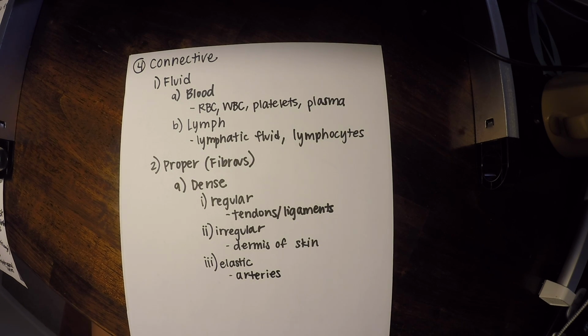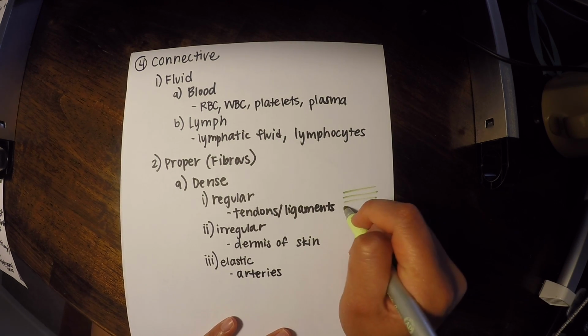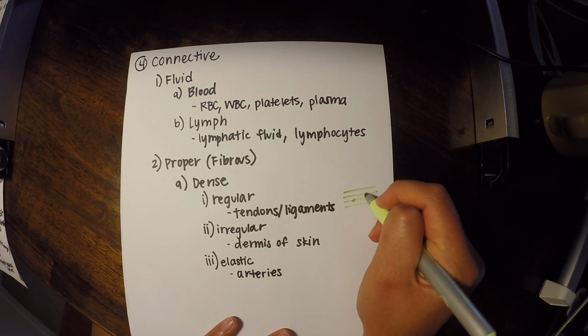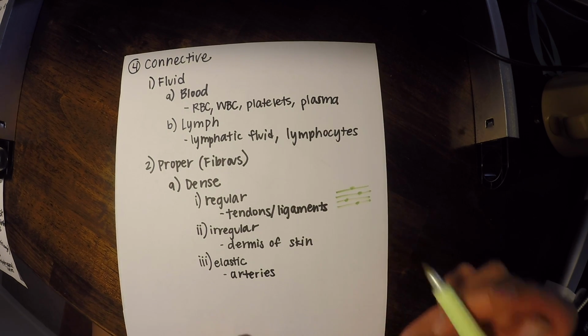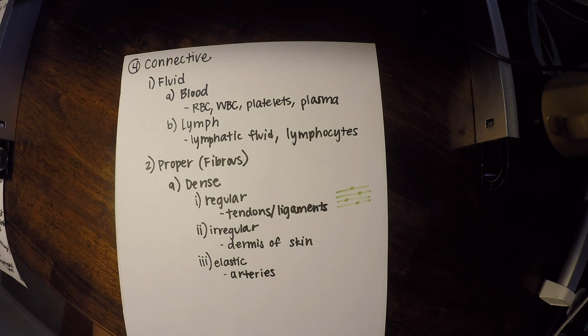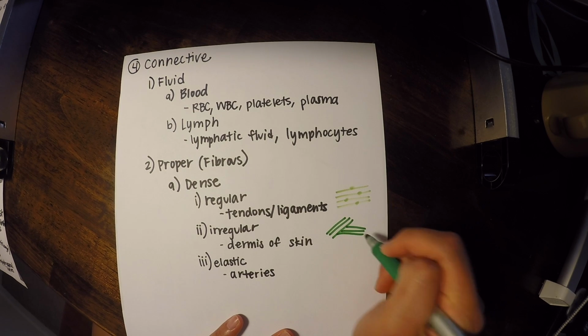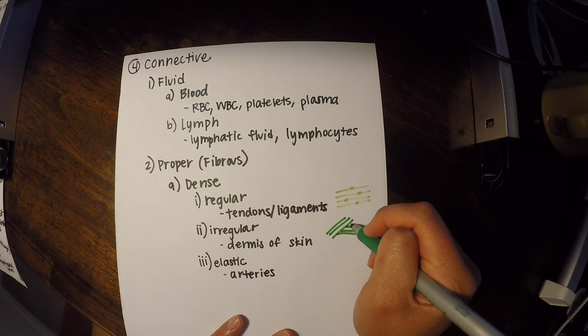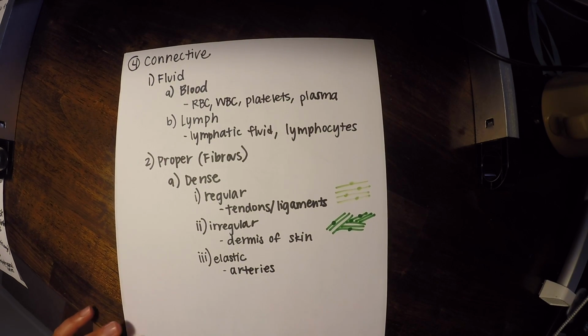So let's draw a picture of a couple of those. We're going to draw the regular and irregular tissues just because I want us to be able to distinguish between them. So the regular is going to be just like it sounds, regular in terms of quite uniformly shaped, with just some nuclei scattered throughout. And then irregular is going to be just like that sounds as well. It's going to be kind of shaped or oriented irregularly. Just like that.